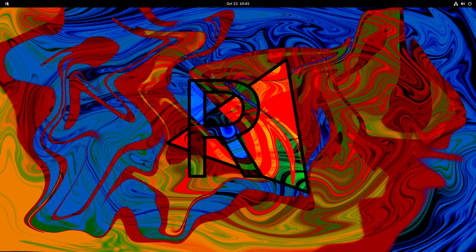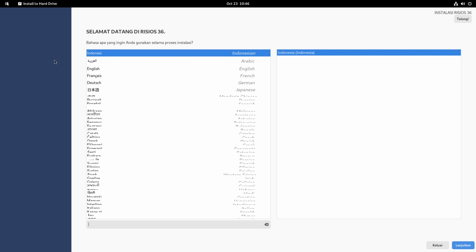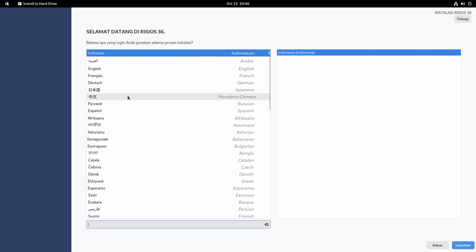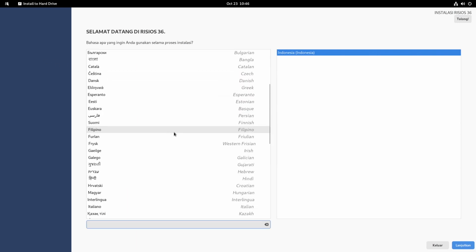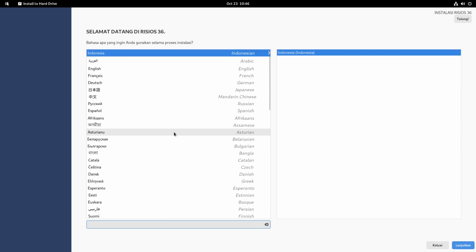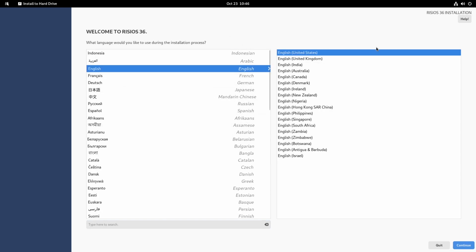I think RisiOS uses GNOME like Fedora. It's different from Nobara, so let's try. I will choose English as the language. Okay.